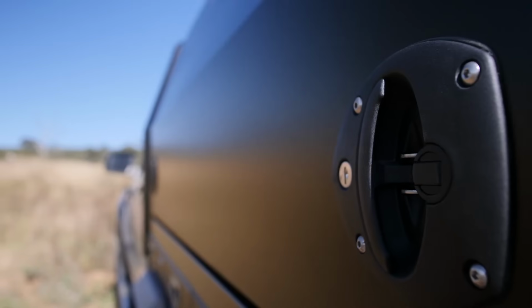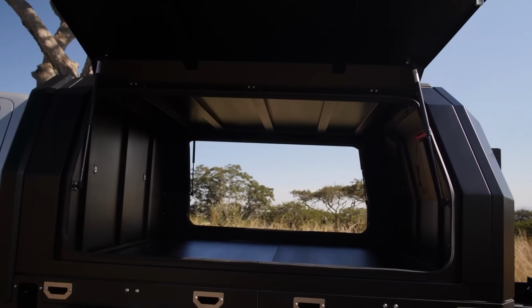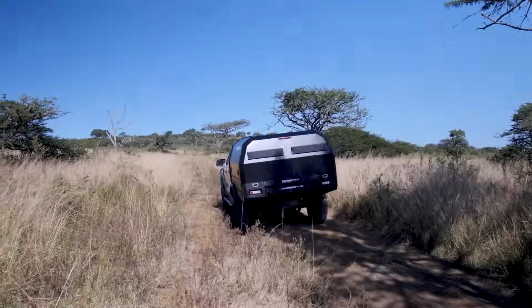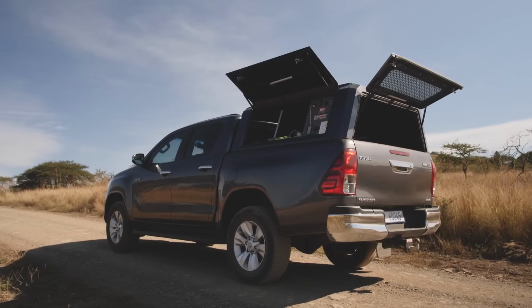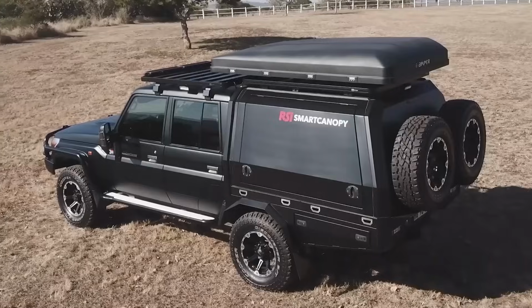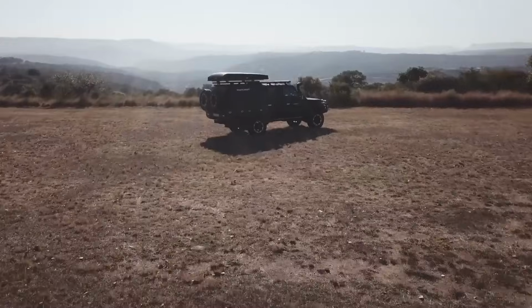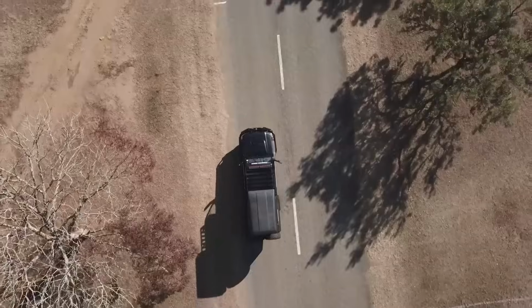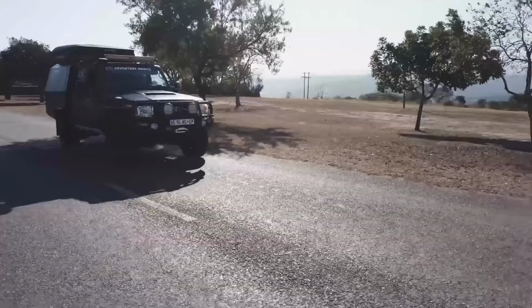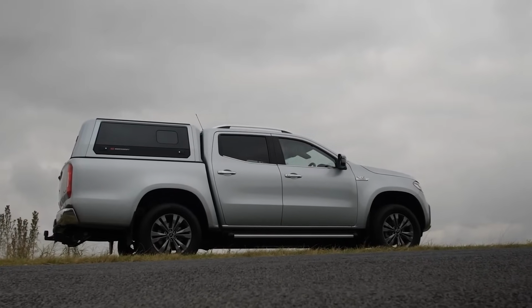On top, the Smart Rack system works with the canopy and includes a fold-down design that brings roof-mounted gear within reach. Quick release catches make it simple to lock and unlock, so gear can be accessed without much effort. The canopy is a solid choice for work vehicles in industries like telecom, emergency services, and utilities, anywhere organized gear storage matters. It also works well for people who spend extended time on the road or in remote areas and